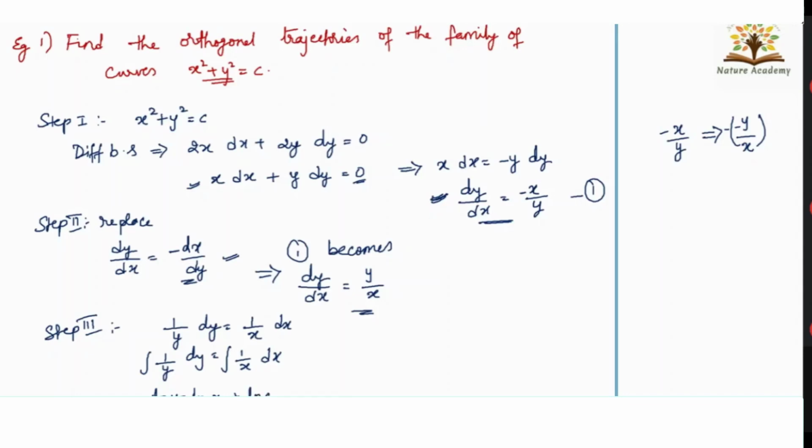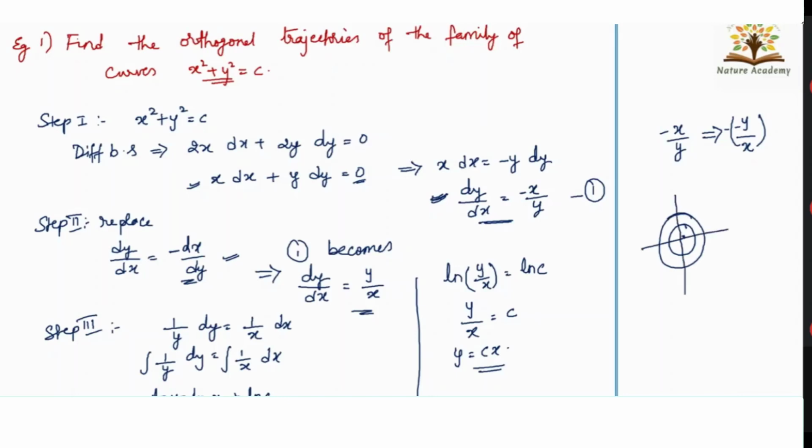I told you whenever there are logs in all the terms, then you have to write c also in terms of log only. Then you can write it as log y by x equal to log c. The logs will get cancelled and y by x will be equal to c, or y is equal to cx. Same, our equation of the straight line. So what will be the figure for this? The same thing which I showed you earlier. You will have concentric circles. This is the given equation. Now the answer you have found is these straight lines like this, so that they will be perpendicular to the family of circles.